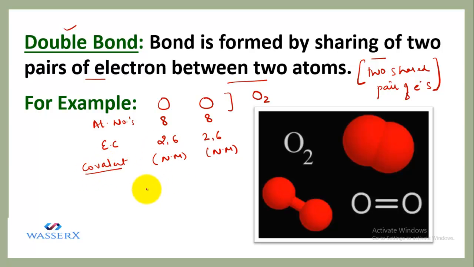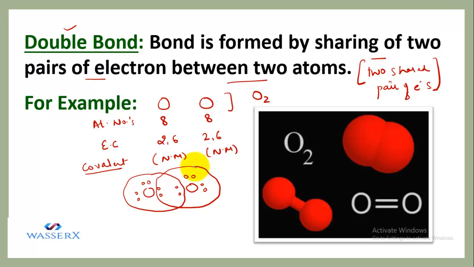So let's write both combining oxygen atoms, and we need to distribute these 6 electrons like this, so that the number of electrons which they actually want should be the electrons which it will offer to the other atom. So we have to put the dots like this, 2 dots in the middle because it is contributing these 2 electrons in a shared pair. Similarly for the other oxygen also we'll put like this. So this oxygen has its own 6 electrons and 2 it will share from the other combining oxygen atom. Similarly, this will do the same.